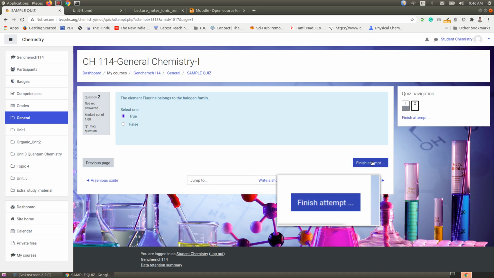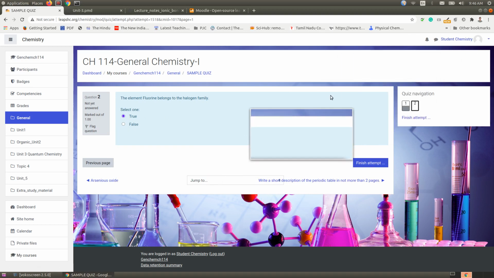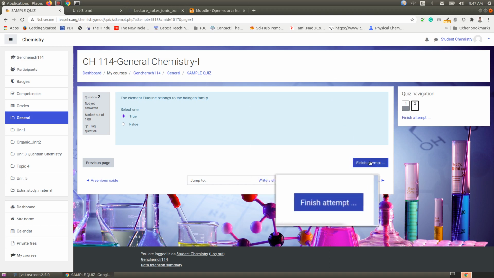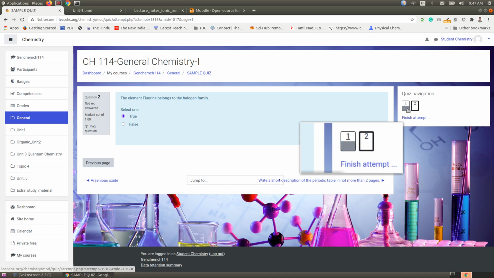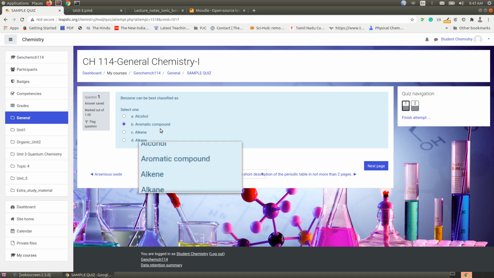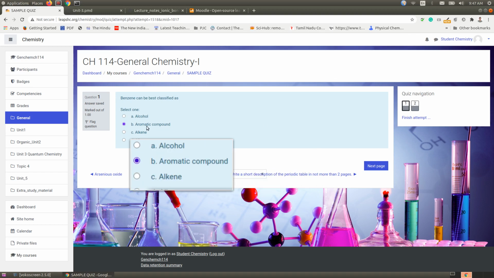This is the most important thing. Many times people attend the quiz but do not submit it. They just attend the quiz and log out. That creates a lot of problems, and then people will say, no sir, I attended the quiz but I forgot to press the submit button or finish attempt. If you have not answered the first question, you can always go back to it and change the option here, provided your course teacher has given that option. Sometimes your course teacher can say, once you have answered the question, you cannot go back. In that case you cannot go back and change the answer.